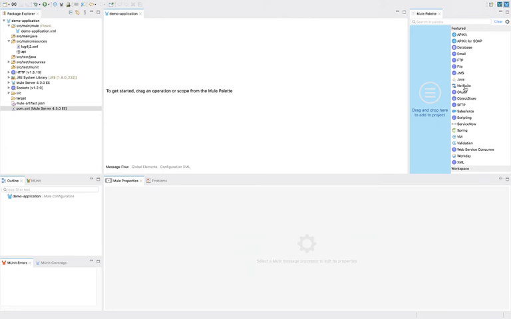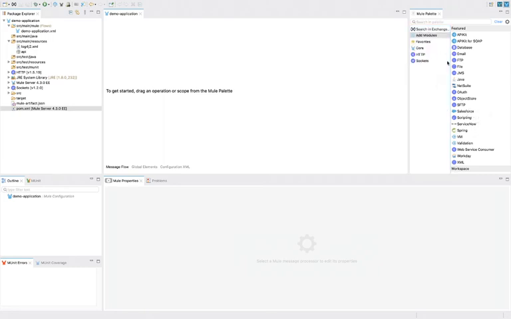To connect with a NetSuite system we have the NetSuite connector. To connect with Salesforce we have the Salesforce connector. To connect with ServiceNow we have the ServiceNow connector. To connect with Workday we have the Workday connector. To call any SOAP web service we have the web service consumer. So in this way we have lots of connectors that you will get here, which you use very frequently.